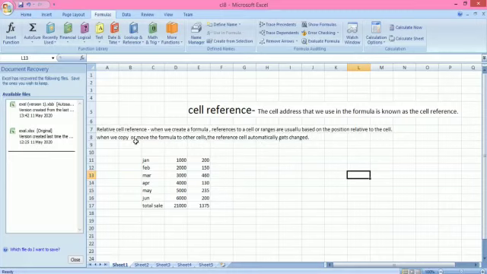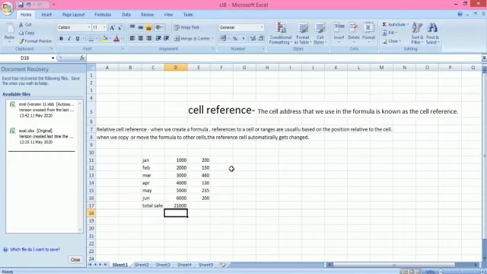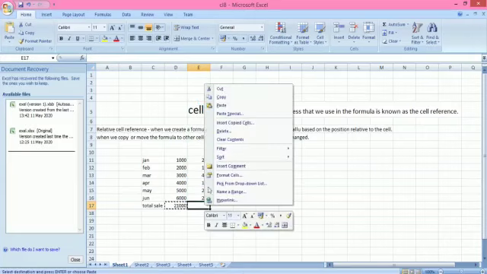If we have used the formula and copy it to another cell, it will automatically get changed. Let's check how it is possible. If I want the sum of these numbers, first give the equal to sign in the cell where I want our calculation. Either you can use directly the auto sum button, click here, sum and press enter. Now no need to use the formula again, directly copy and paste here.